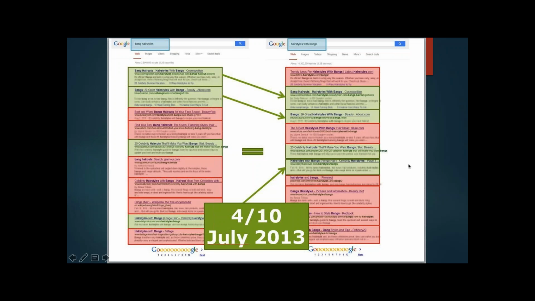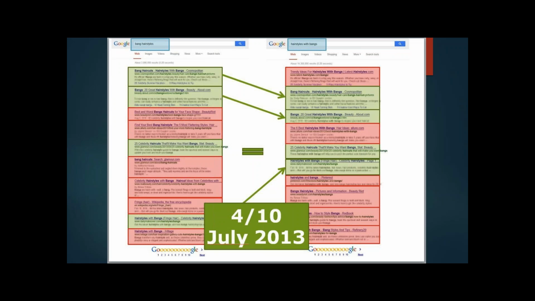So this is a slide that Marcus, the CEO of Searchmetrics, put together in July of 2013. Before Hummingbird, 4 out of 10 of the result pages here for 2 different terms that are not exactly the same but very similar were the same. Okay, there were 4 of 10. And we see this over and over. But importantly, if you're not looking for it, you're not trying to do these comparisons of this data science, you miss that all of this is going on.